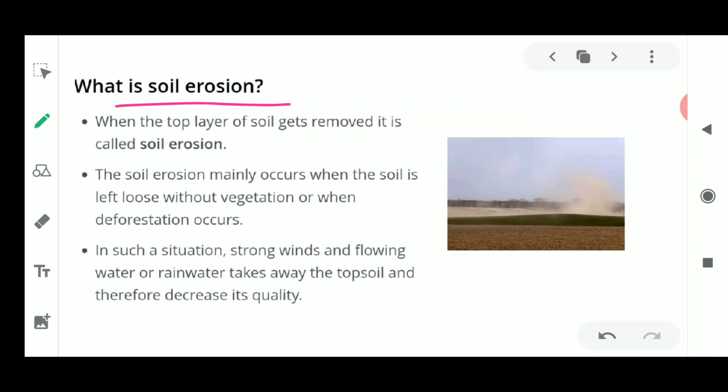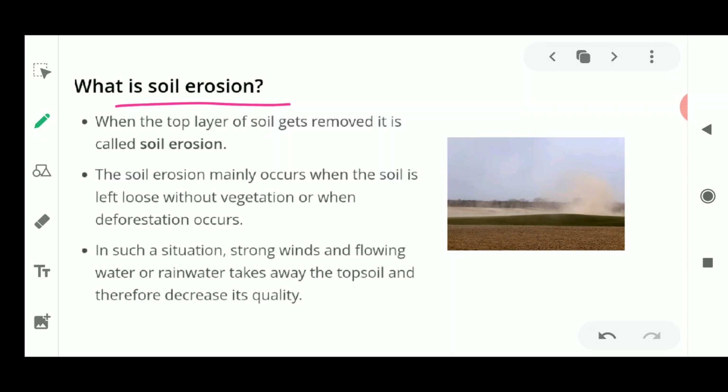Now what is this soil erosion? Have you ever heard about this word erosion? And that is also related with the soil. Now this soil erosion is a very natural process which is taking place in nature, and this is not a good process. It is important, it is there, but it is not a very good process. It is going to harm the soil, and it is a harmful process. It is also coming under soil pollution.